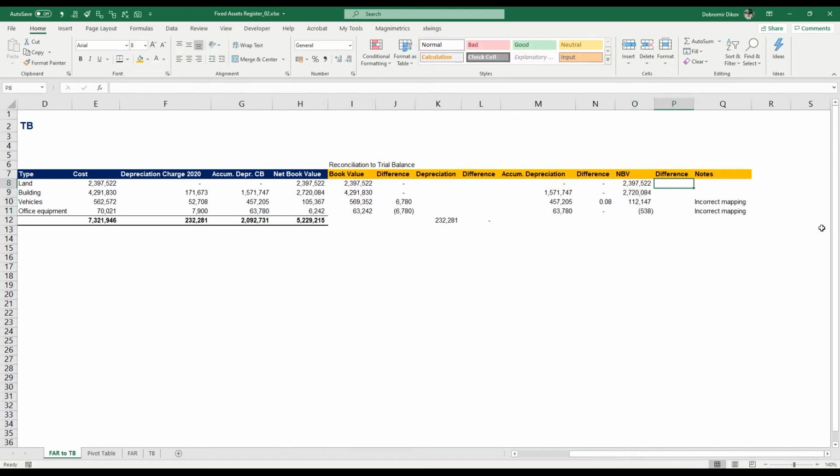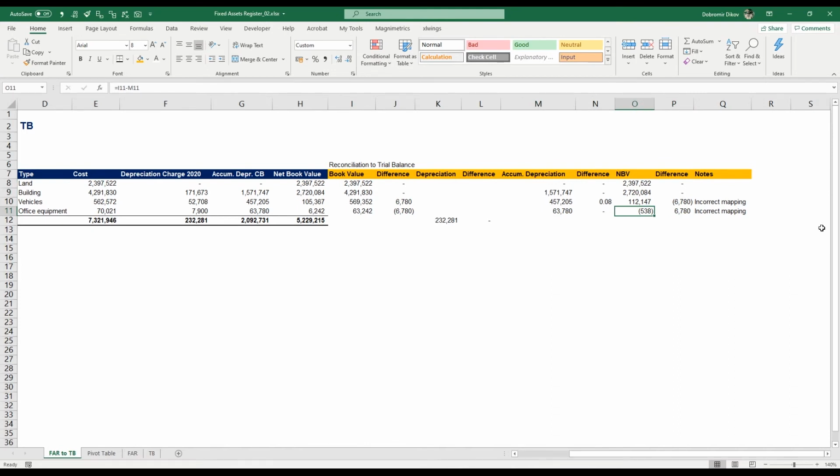Carry that down, and the difference is going to be my net book value minus my net book value here. Carry that down, and here we have the same issue with this incorrect mapping, but in reverse,